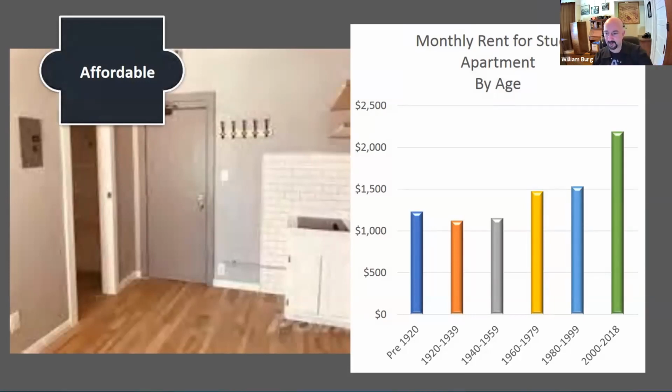You can see by this chart, stuff built after 2000, very expensive. 1960 to 1999, still pretty expensive. The sweet spot is sort of between the 20s and the 60s. And older than that, those are buildings that are so old that they're really generally recognized as historic and special. And so they command a premium price because they are so rare, because they are so sought after. But for the most part, most of the older buildings are cheaper than the new buildings.